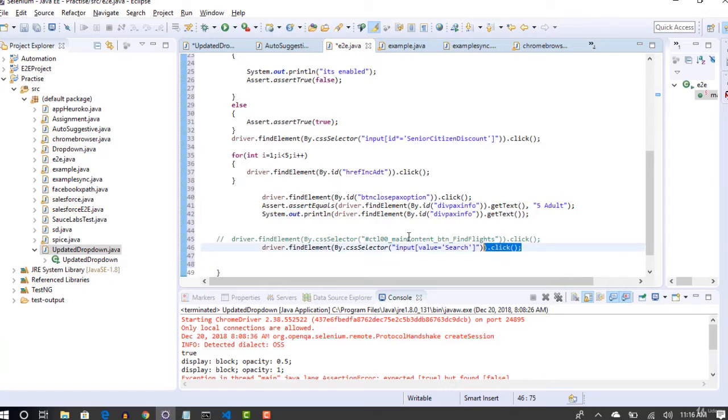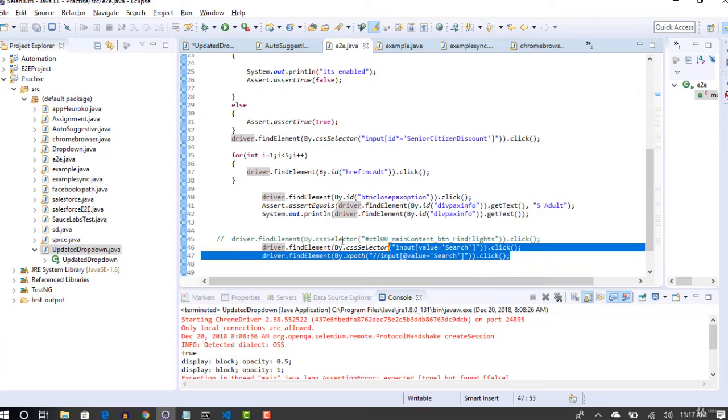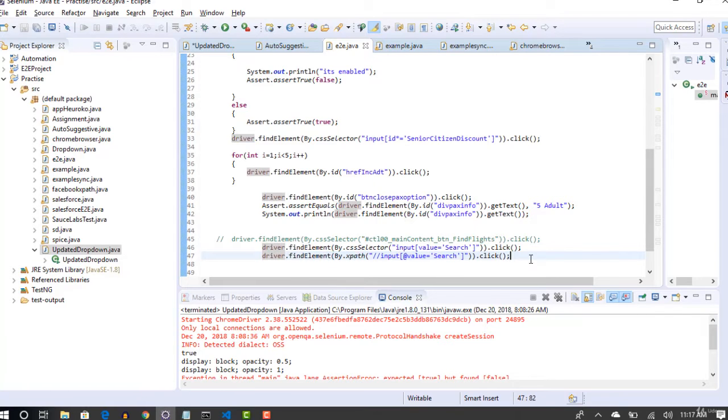Okay, for the same thing, if you want to write XPath, put XPath here, and if you want to build customized XPath, you have to put / input @ of attribute equals to value. That's it. And now this turns out to be an XPath. Okay, so there are n number of ways, and you can put simply driver dot find element.